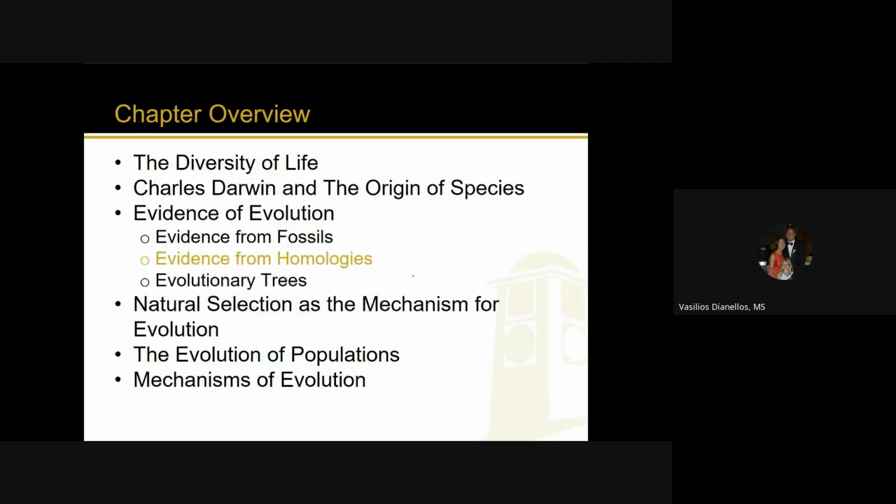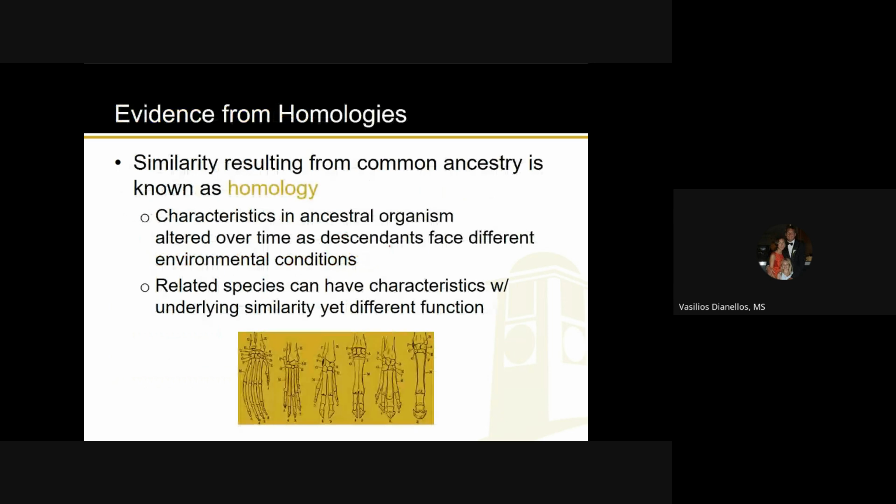Speaking of which, yeah, we're going to come back to that right now from the evidence of homology. So we talked about fossils. We're done with that. Now we're going to talk about homologies, which is what I just basically skipped over. So let's take a look. You definitely need to know what a homology is, and these are similarities that result from a common ancestor, right? So a homology is like a physical similarity as a result of having a common ancestor.